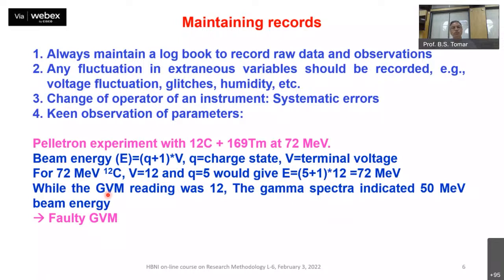So you need to have very keen observation when you are doing an experiment, of what you expect. If you have done some simulation, you know what gamma lines you are expecting from the output. That is how you can do corrections during the experiment. Otherwise, after 3 days, your beam time is gone, and then you see the gamma spectra is not as expected, so your beam time is lost. The whole experiment may fail. That is what I mean. You need to have a keen observation of the parameters.